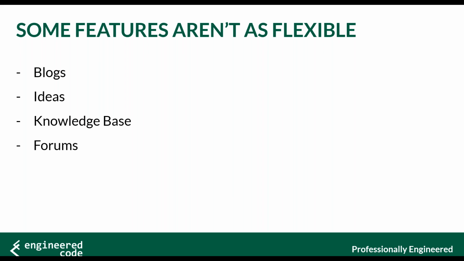So yes, you can re-implement, and now that we have web API, you can do a lot of the interactions, like rating things with knowledge base, or voting up and down with ideas. You can do some of those things now that we have web API, but you're not getting a ton of value out of the box product, you're just redoing it yourself. So it's important to know which areas are flexible. Generally, the flexible ones are things that use web templates, and things that use forms or lists. Those are the ones where you're going to get a lot more flexibility.